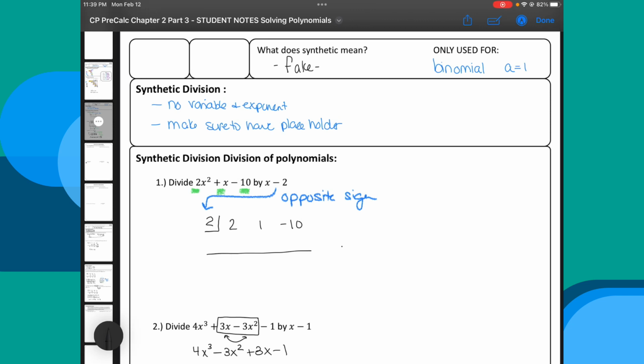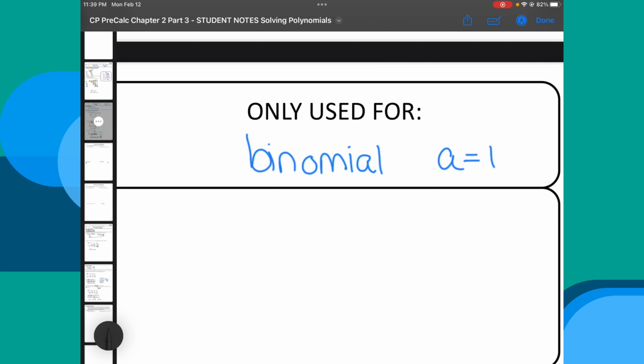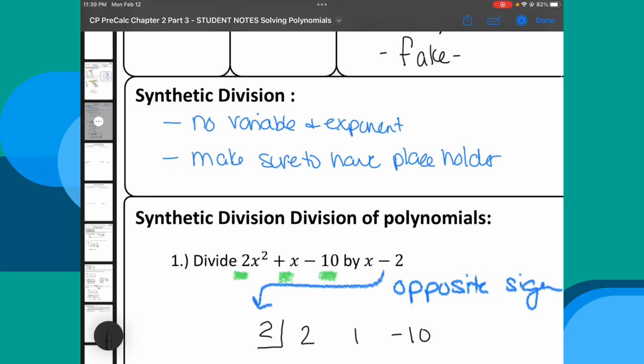So synthetic division is a shortcut or a fake way to do long division. You can only use it when you have a binomial where a is equal to 1. Anything else, you've got to still use long division. With synthetic division, we have no variables and no exponents, and make sure that you have a placeholder if you're